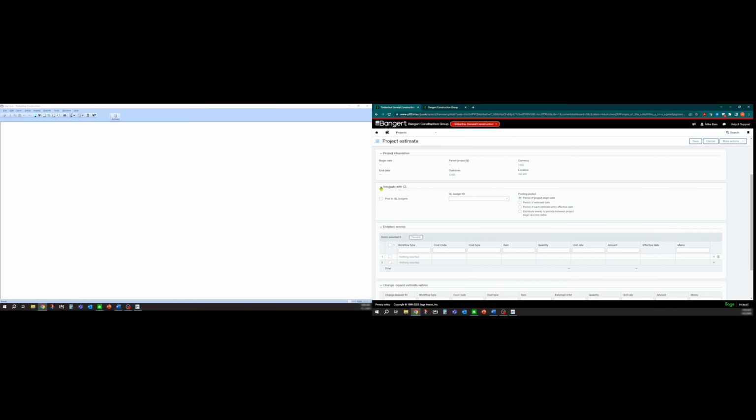So down here, we do have an integrate with GL. And the reason it's asking this is because of how those dimensions work in the system. All the reporting is off one area in Intacct. So in 300, you have job cost transactions, you have GL transactions, you have accounts payable invoice records, you have payroll transactions, and they're all in their own areas, and they do integrate. But sometimes you cannot get enough information in one of those records, so you have to try and tables, and you have to try and merge them all. Well, with here, all of that information is going to be stored in the